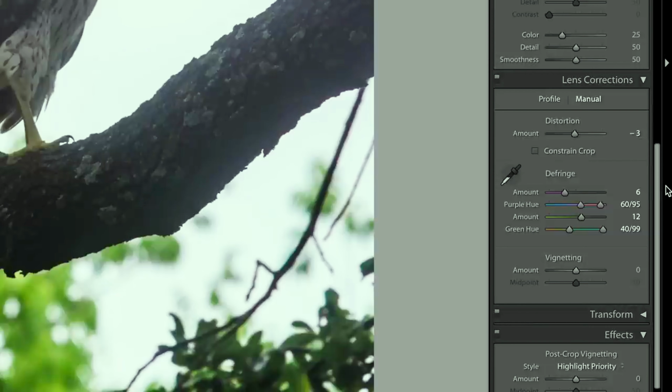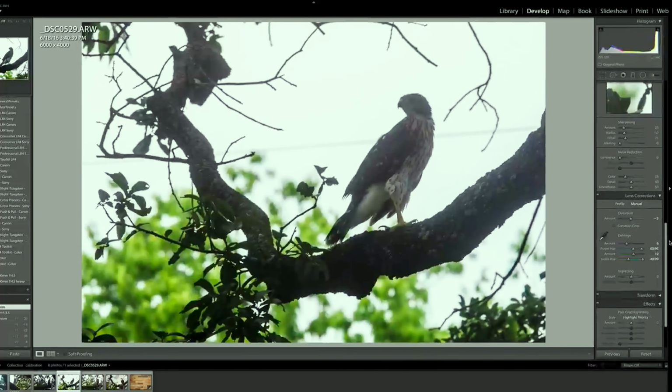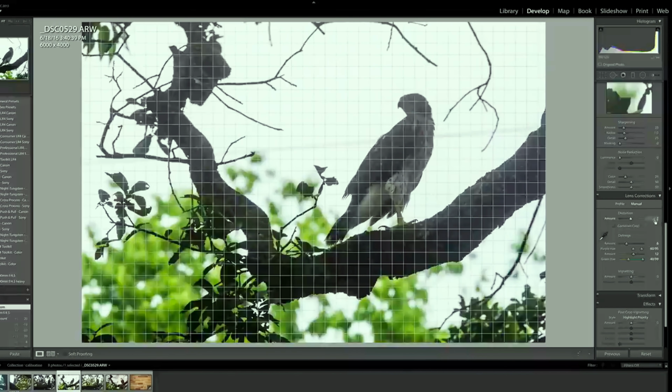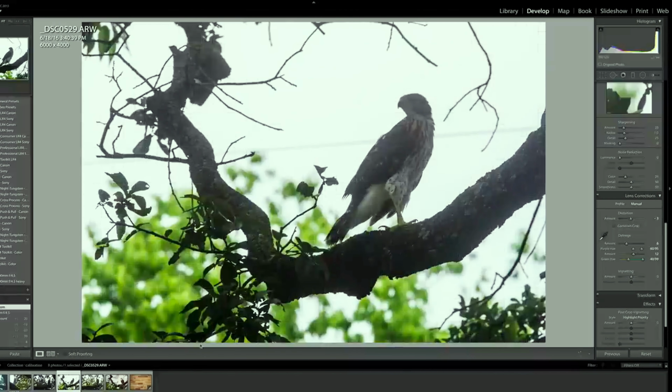Now, first, let's talk about the 2 types of distortion that you're going to want to fix. One is going to be actual image distortion, and in wide angle lenses, this is seen as barrel distortion, and sometimes in really long telephoto lenses, this is pincushion distortion. And so the easiest way you're going to find to correct for this is on this. If you go down here under distortion, it's really hard to see on this image, but -3 is about where this lens is set. So what you want to do is get an